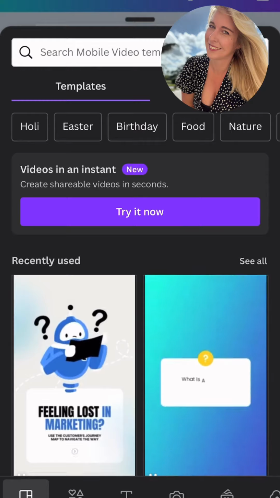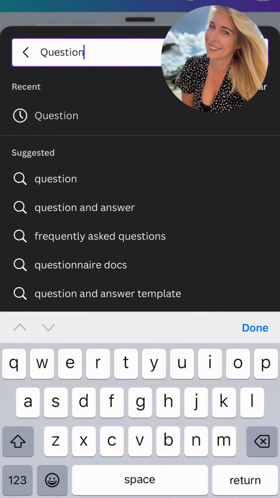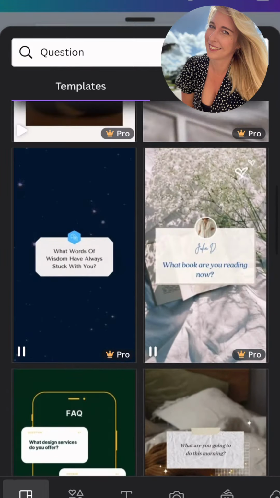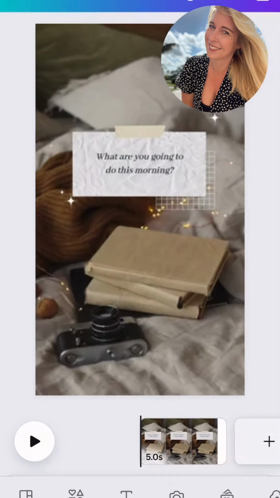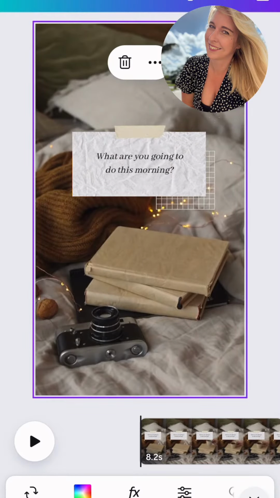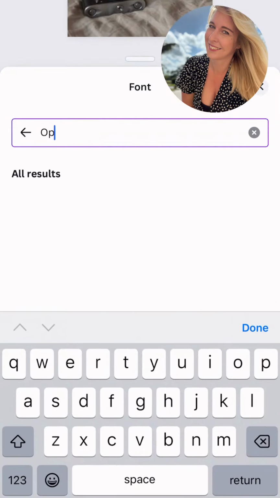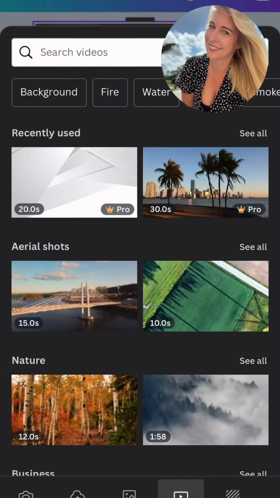And I'm going to go ahead and search the word question. So this one's pretty cool. So I'm going to go ahead and grab this template, and you can change your font to make it match whatever you use in your branding. All Google fonts are supported here and more. So I use Open Sans, and you can click and replace the media